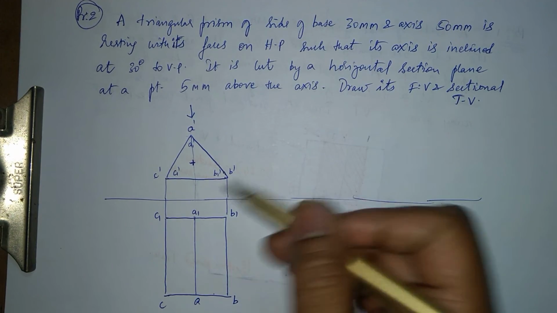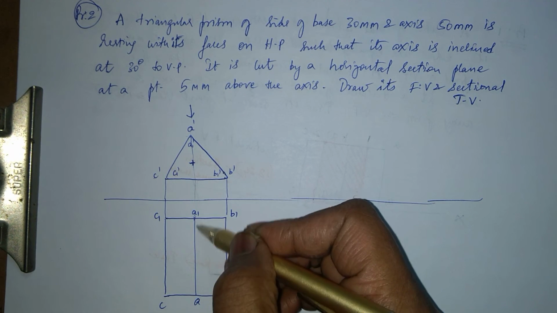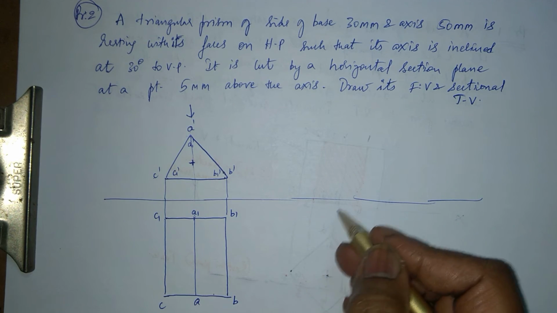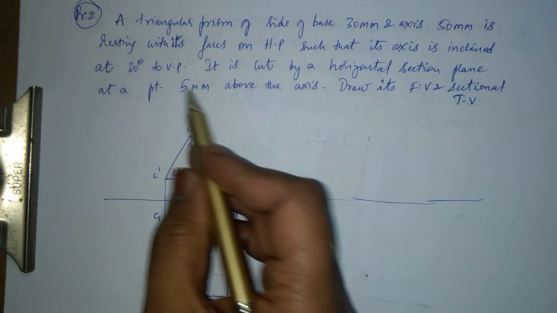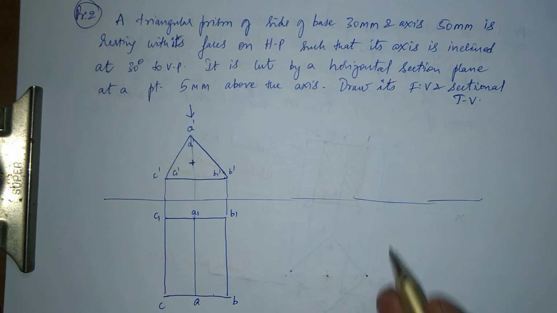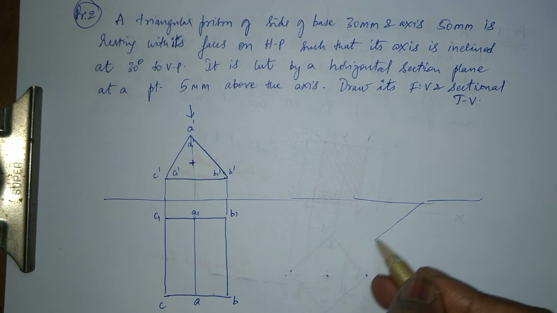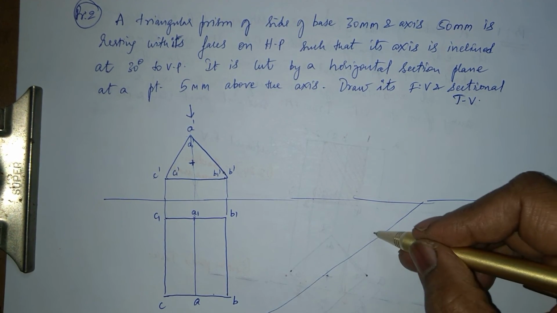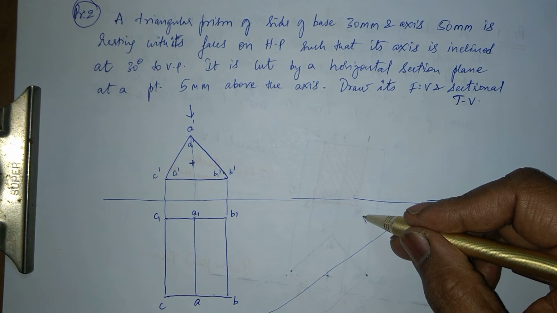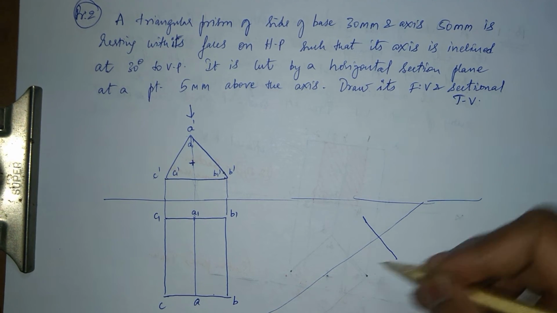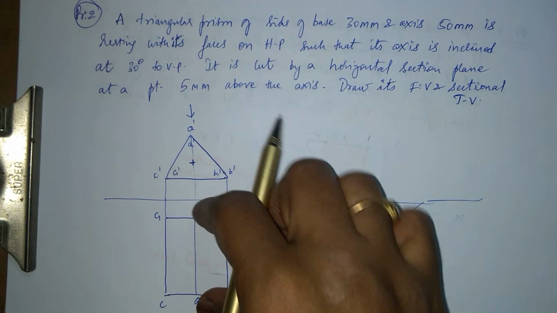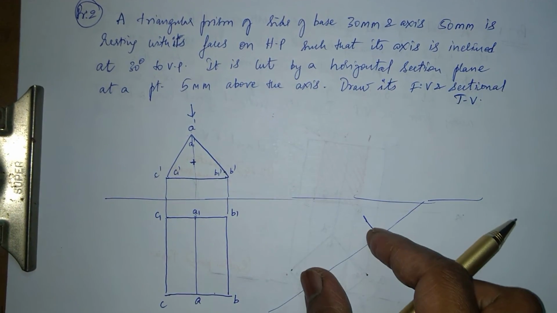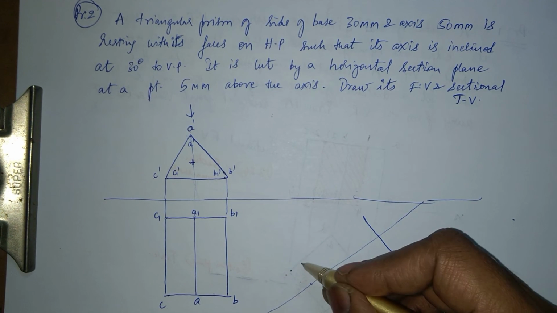Now the next step. This is my axis line, and the axis line and A1, A line are coinciding. So I'll make an angle. Since it is making 30 degrees to VP, I'll draw a 30 degree line right here, and then use this length, whatever length it is, and draw the top view. Since I rotate this one this way, the top view doesn't change, so I'll take the same length over here.